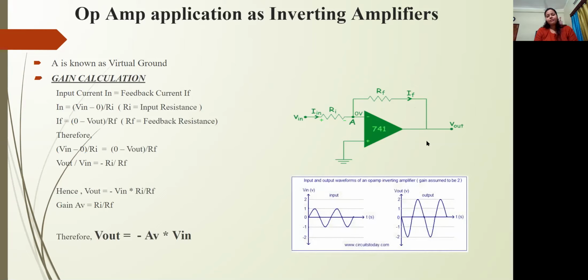Now look at this waveform. This waveform actually describes the property of an inverting amplifier. See, as input we are providing a sinusoidal wave, but as an output we are getting a cosine wave. Why? Because inversion of sine gives us cosine. So this is the application of inverting amplifier, that whenever we provide any input signal to the inverting amplifier, we just get the inverted output from that op-amp circuit. So that's all for inverting amplifier.